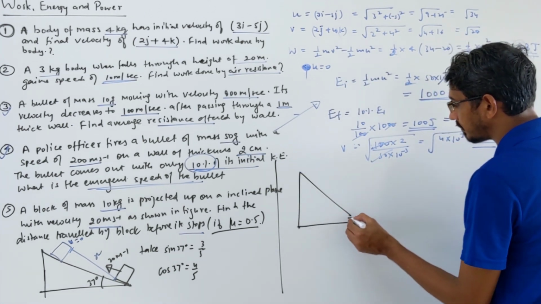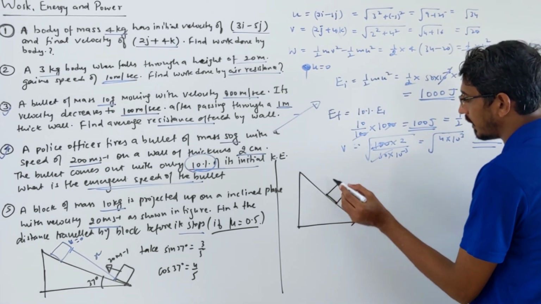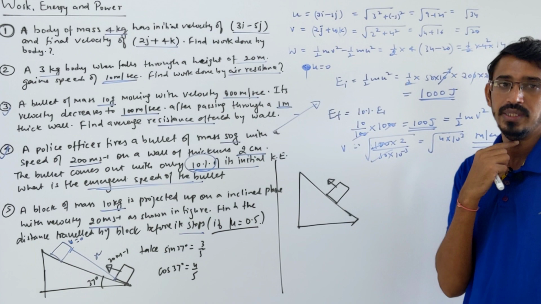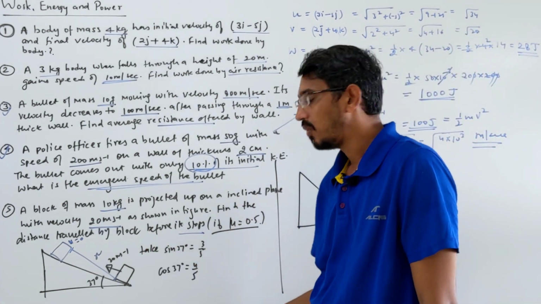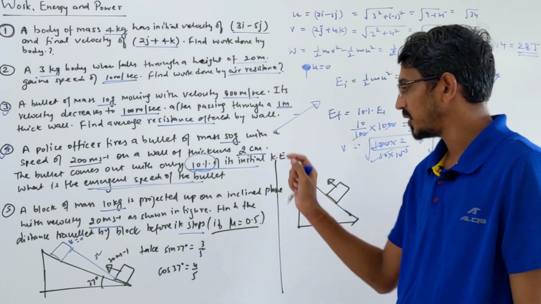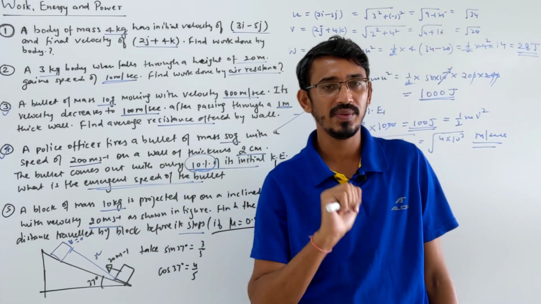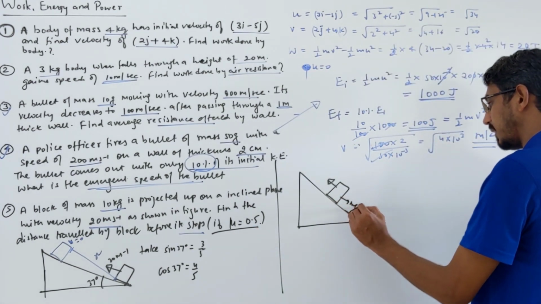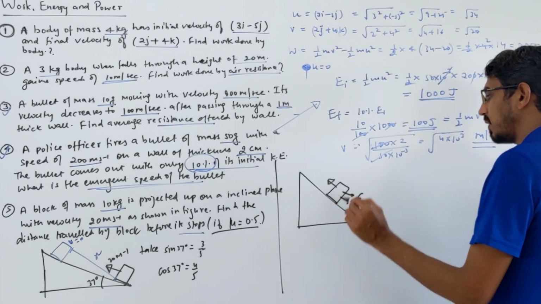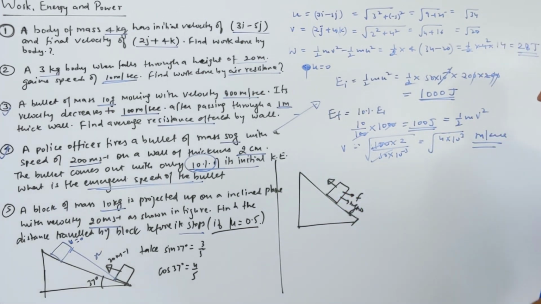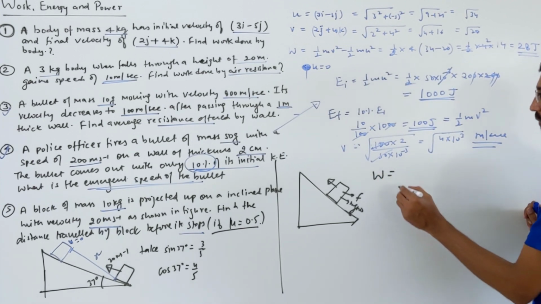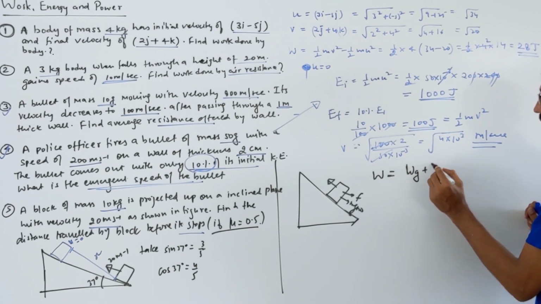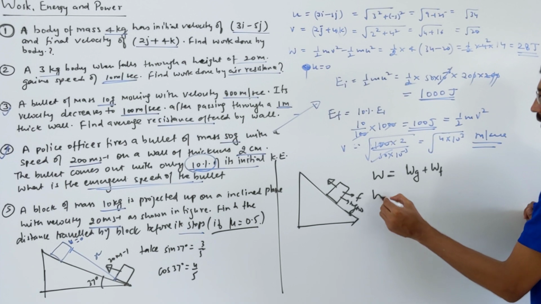This is an inclined plane. When this block is moving upward in that direction, what are the forces acting? It is doing work against two things: one against gravity, and one against frictional force also. If the surface were given smooth, then work done would be against gravity alone. But here we are also working against friction. So the gravity force acting is mg sine theta downward, and the frictional force F is also acting downward. So work is done against two forces: work done against gravitational force plus work done against frictional force. So work done is equal to what?